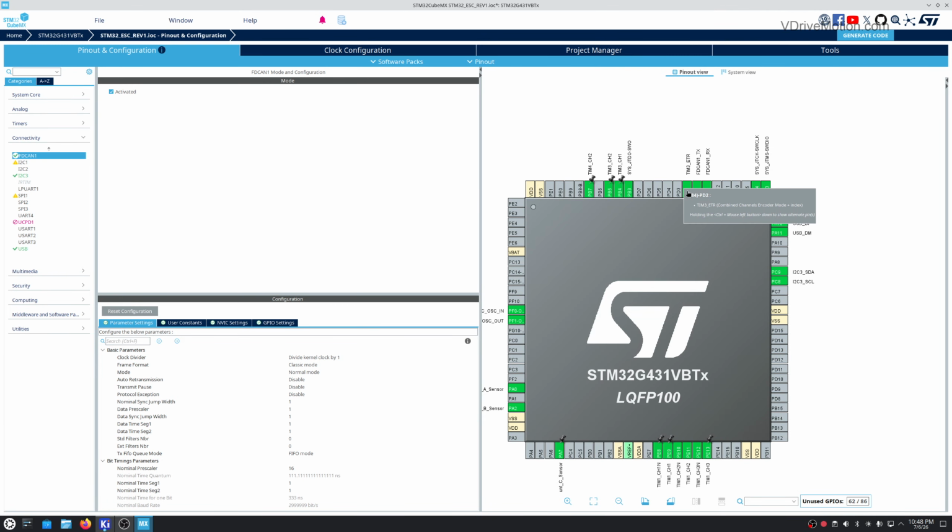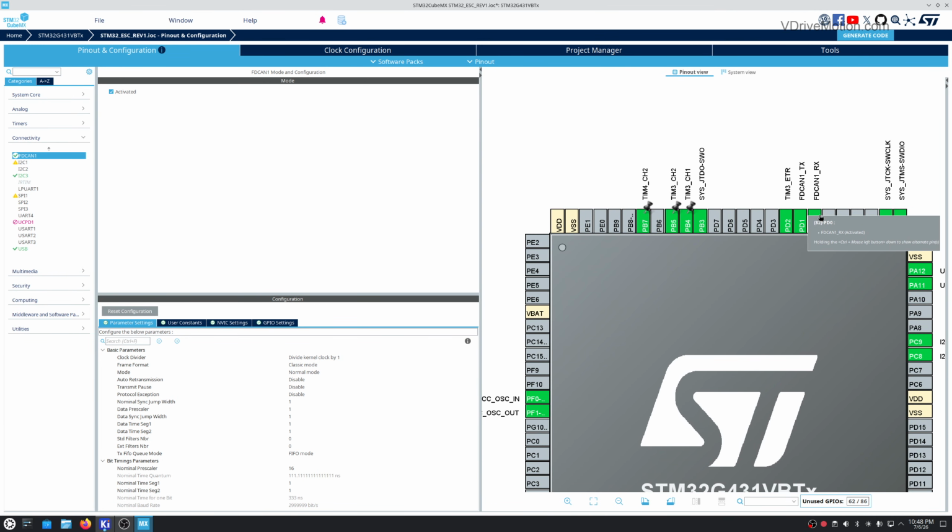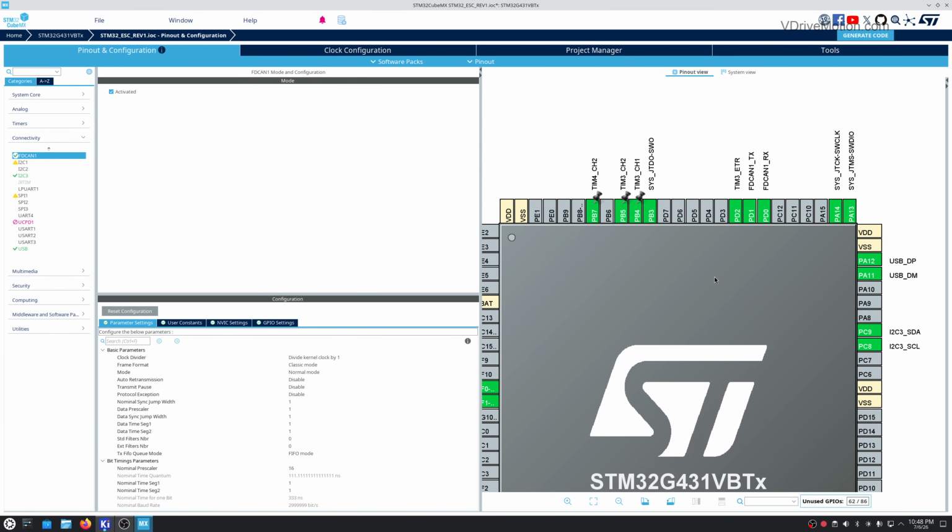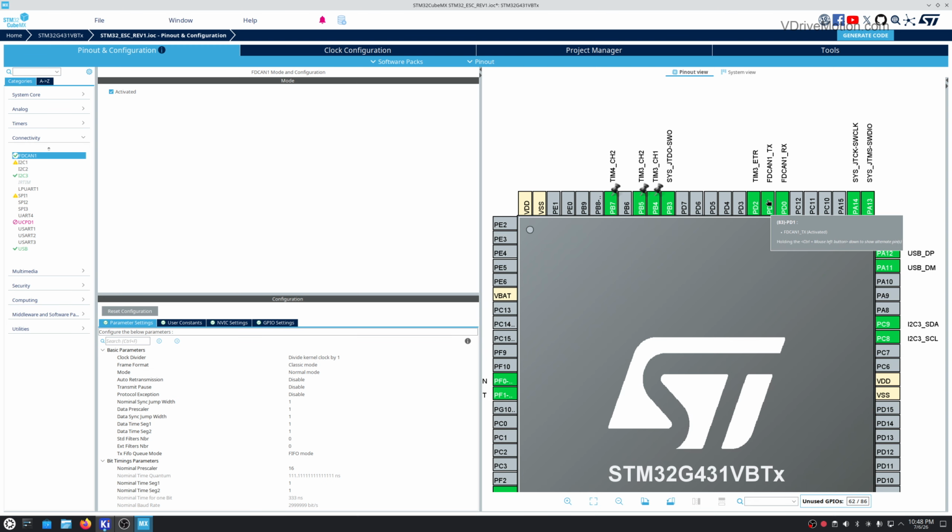So now it will propose some pins here, and if we press Ctrl and click this pin, we can move it to some alternative pins. So what I want to do, I will actually move them here,